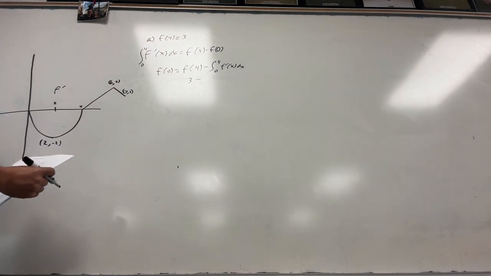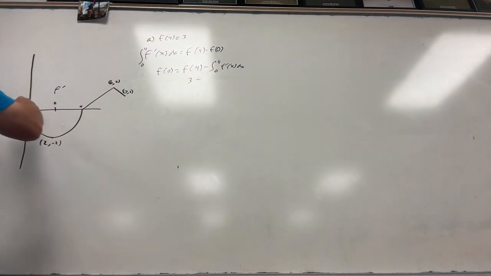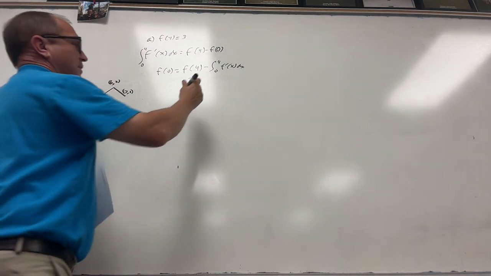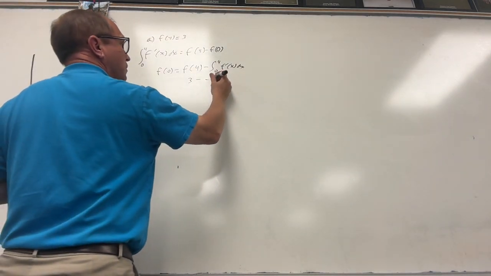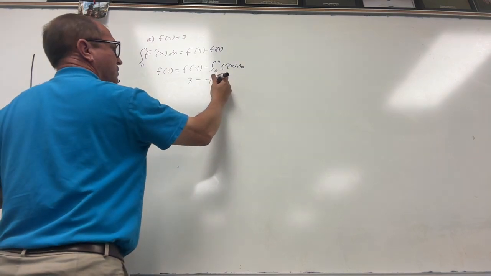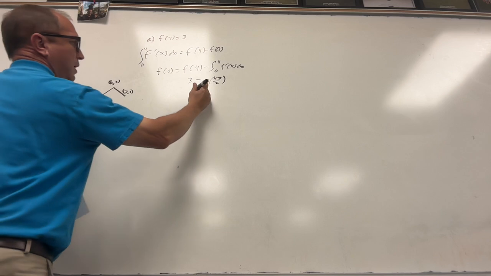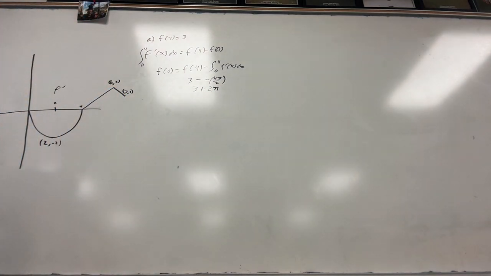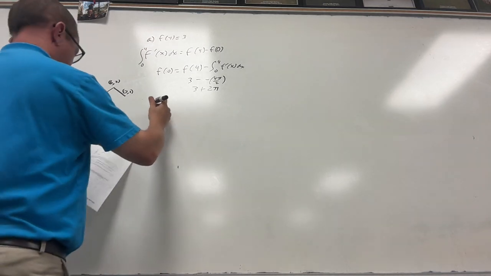From 0 to 4, you're below the x-axis, so it's going to be negative, and it's a semicircle with a radius of 2, so that's going to be 4 pi, and because it's a semicircle, we divide it by 2, so it becomes 3 plus 2 pi. Now, to do f of 5,